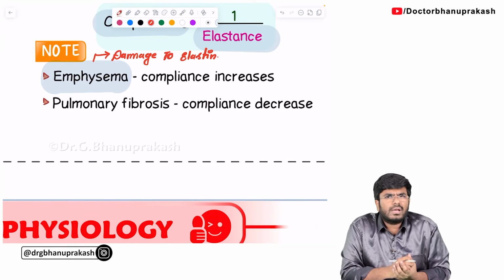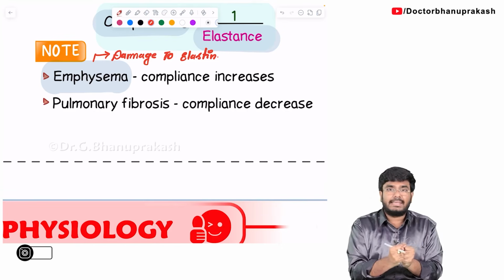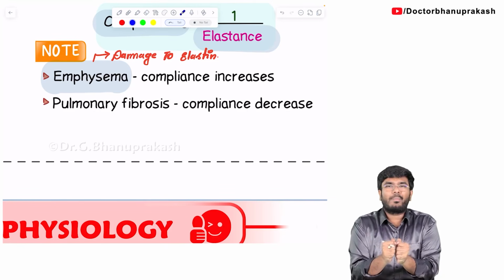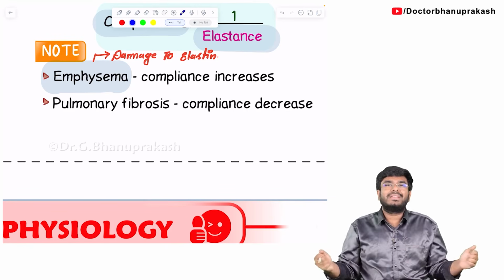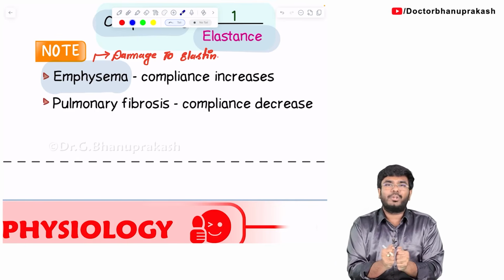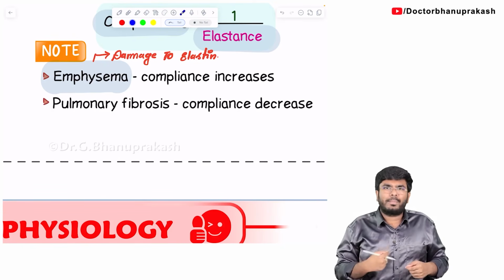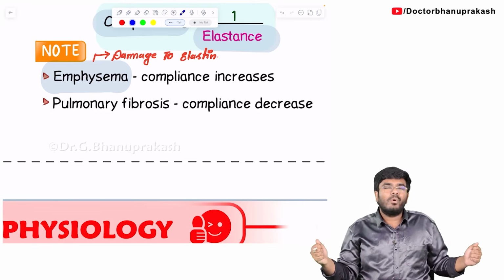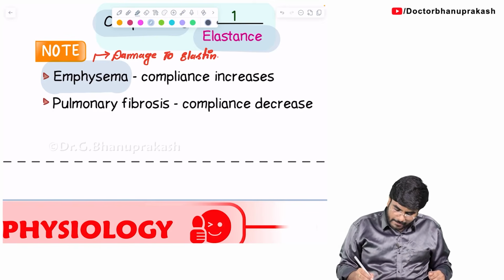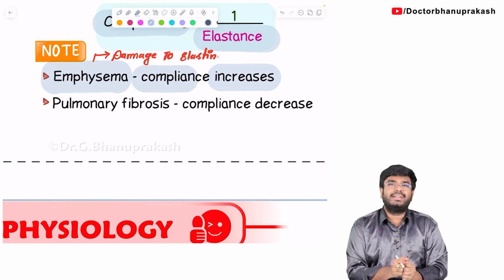I have taught you, your lungs are made up of elastin. Elastin is responsible for elastic recoil, elasticity. So now tell me what happened? Elastin gone. Elastic recoil property gone. So what will happen to the compliance? You can easily stretch the lung now, because the elastic recoil decreases, the elastin protein is gone. With little pressure change, with little intrapleural pressure change, you can stretch the lung wider, and bring more volume change. So in emphysema, the compliance of the lung increases because the elasticity decreases, the elastic recoil decreases, because elastin is gone.